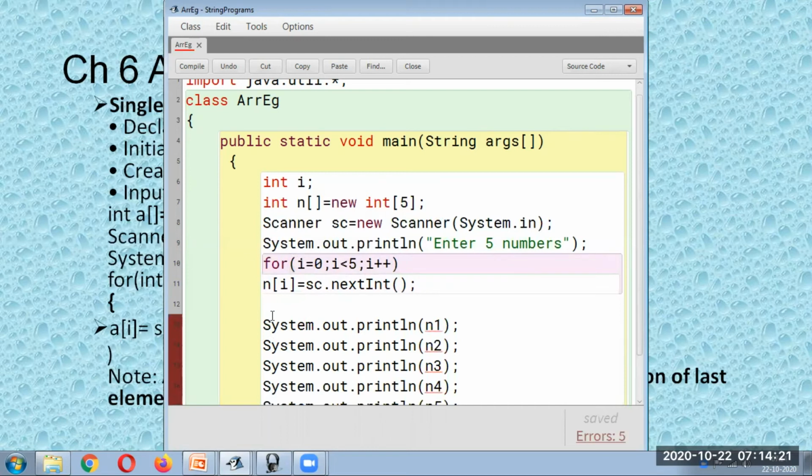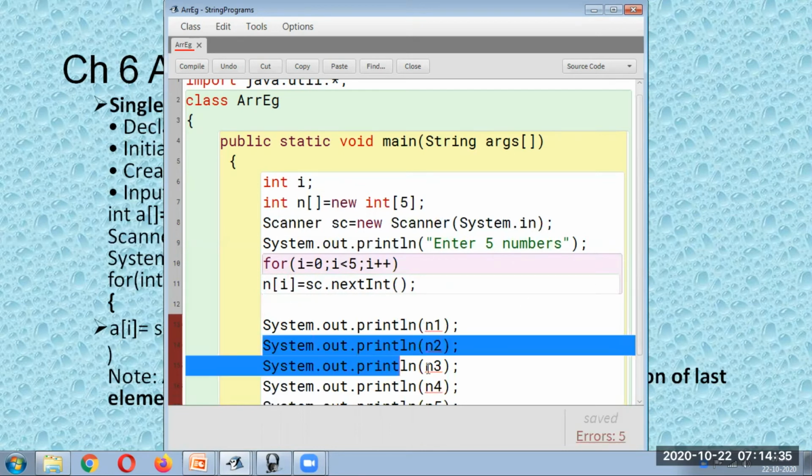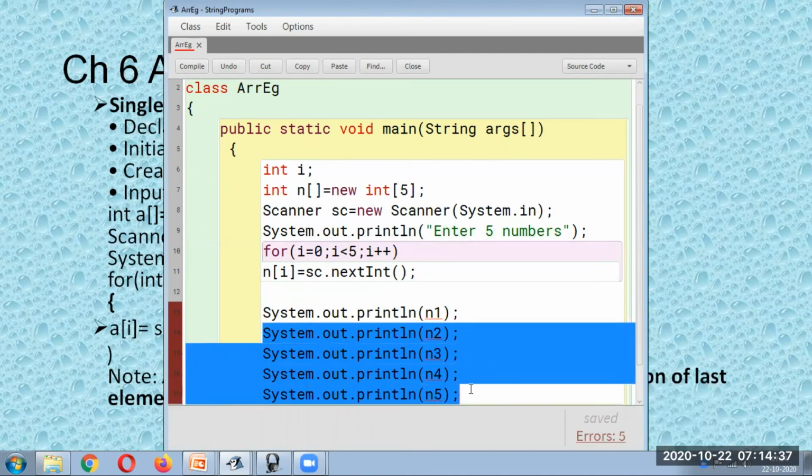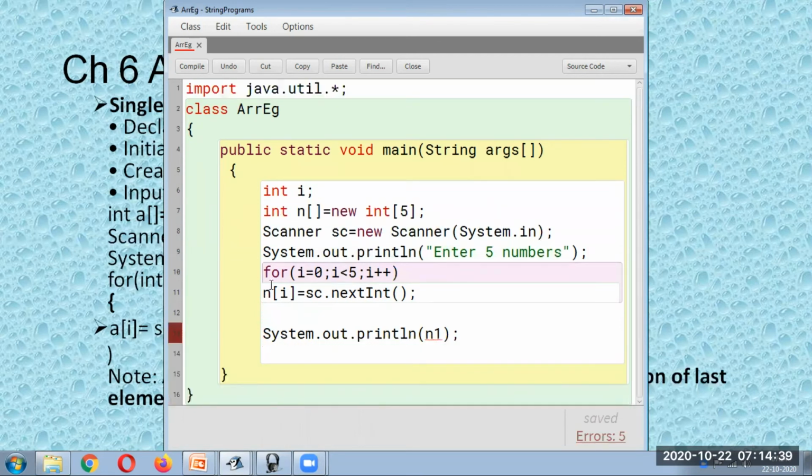So you can see here, when I accept the elements over here, first it will be n of 0, then it will be n of 1, n of 2, n of 3, this way. So in display also, you don't have to write so many times, you can write it only once, the remaining 4 times you can remove it. So the code becomes very consistent, you can write the for loop again for this also.